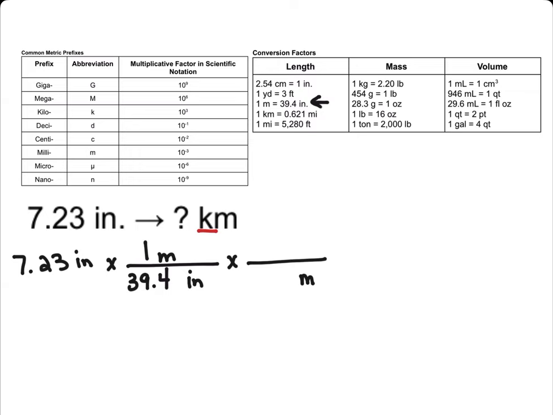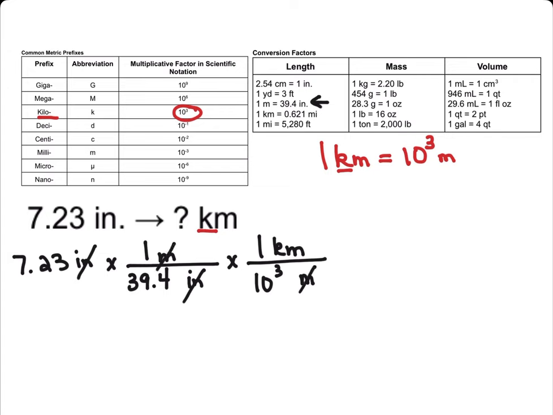I always start off with my metric prefix. 1 kilometer, the kilo means 10 to the third. Okay, so 1 kilometer is equal to 10 to the third meters. I'm going to go ahead and place this conversion factor into my conversion. So 1 kilometer is equal to 10 to the third meter. Now my inches cancels out with my inches, my meters cancels out with my meters, and I'm left with kilometers. When I plug this into the calculator, I'm going to get this number,